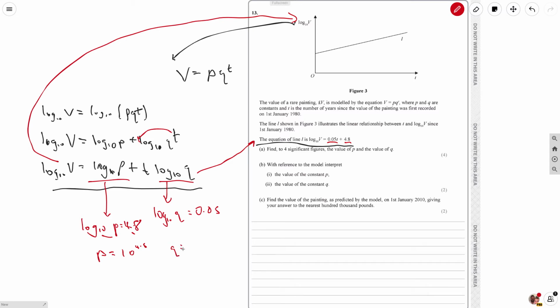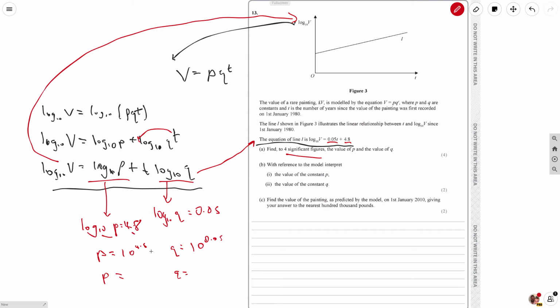We're going to get q equals, well, the base is 10, but the power here is just 0.05. Then you pop these in the calculator and see what you get. So p is approximately, well, they want it to 4 significant figures. So I got